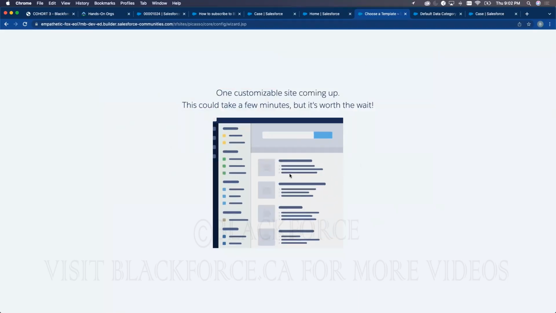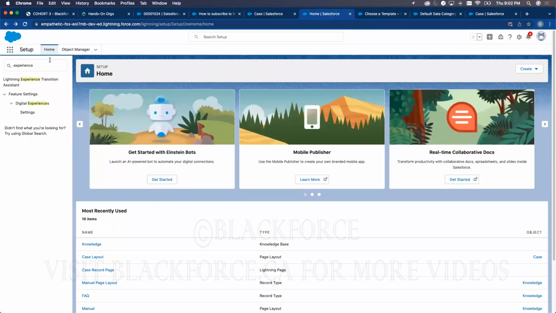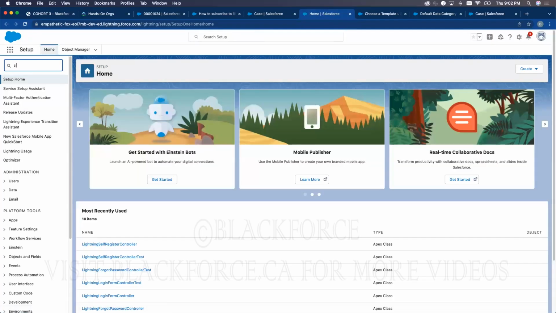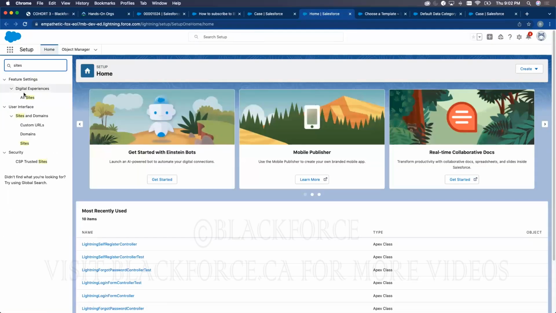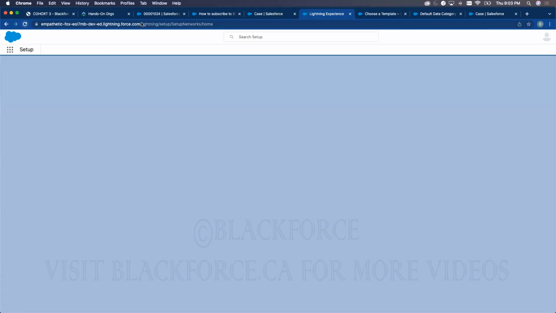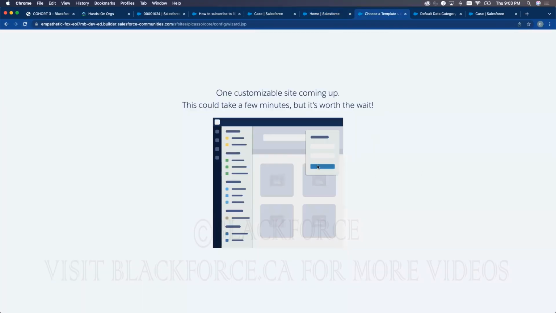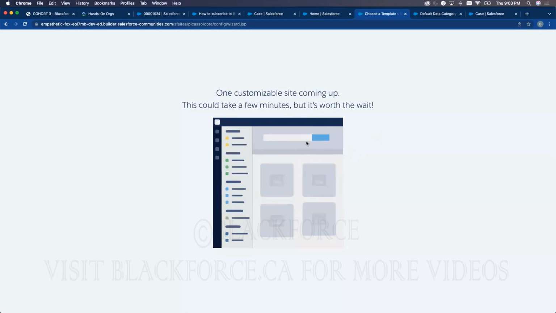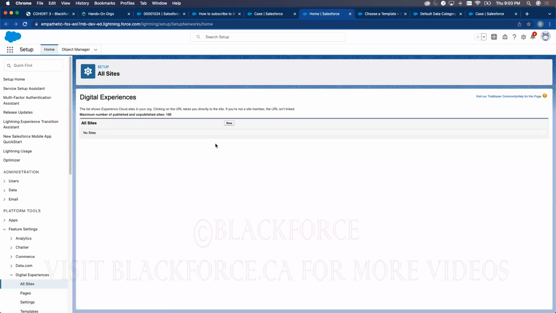Okay, so while this is building, we can go to sites. So once you've enabled digital experience, you'll be able to see your sites. Okay, you go to sites and you go to all sites. This is all you need. Okay, refresh this. You should be able to see. Okay, the site is still loading. Yeah, the site is still building. So it takes a few minutes, but eventually when it builds, you'll be able to see all sites in your